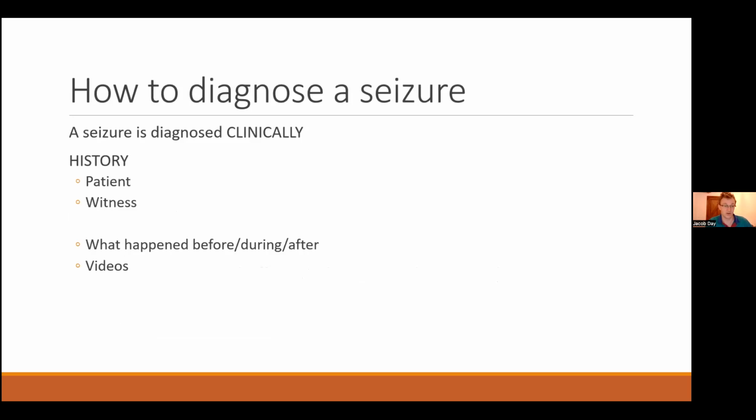Okay, so as a junior doctor, this is what you're doing with all patients, really, isn't it? You're taking a history. I think to diagnose a seizure, it probably needs a little bit more effort, to be a little bit more involved, and that's because normally patients can't remember exactly what happened. So you normally have to go and find someone who saw what happened. So you need to get a collateral history from a witness.